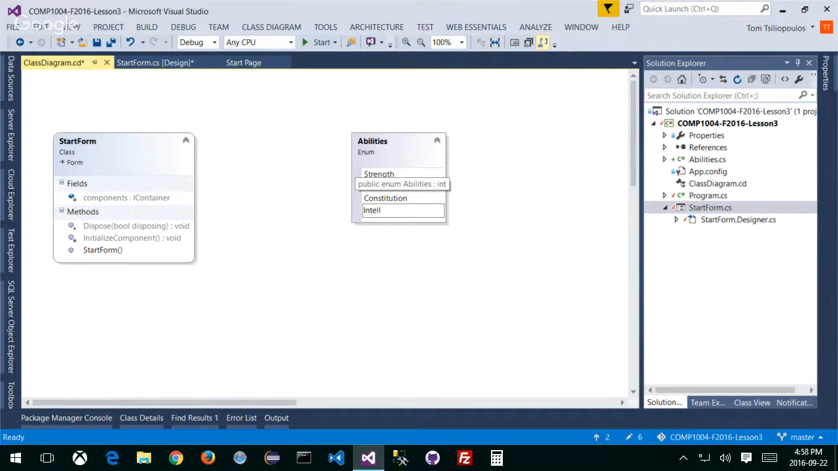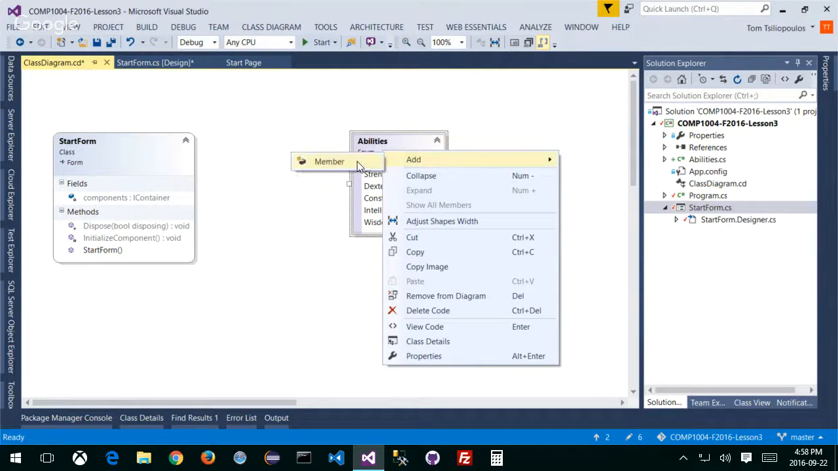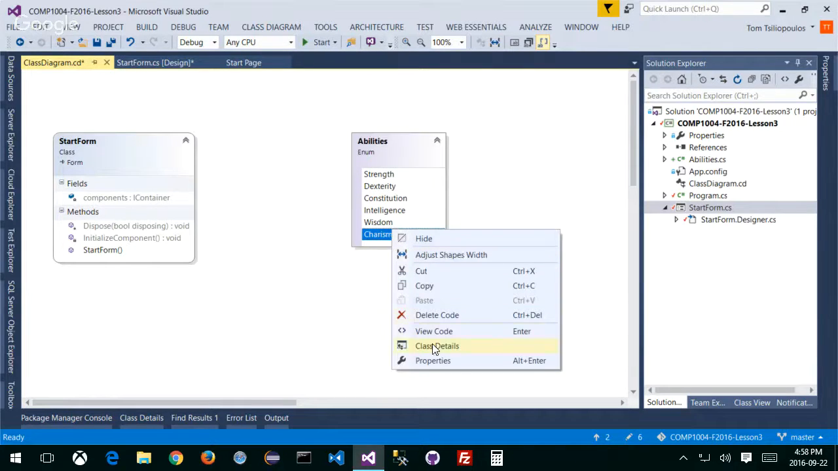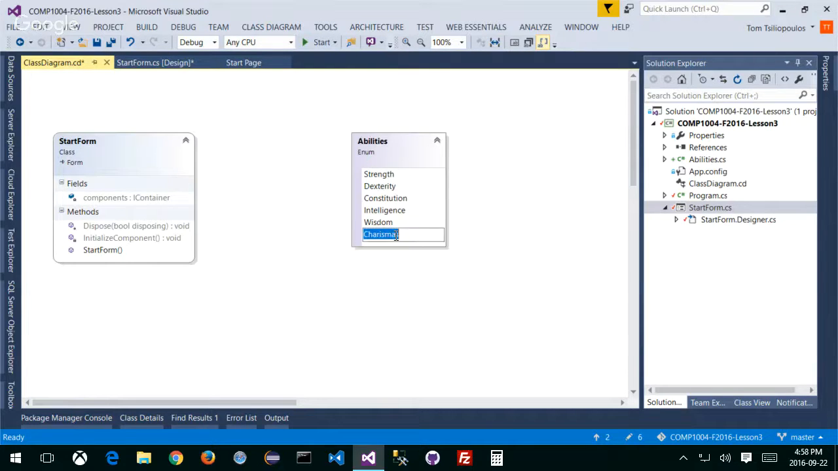Intelligence. Okay, and let's do add member wisdom. Okay, and we'll say add member charisma. Charisma, let's rename. Rename, for people who came in late. Charisma. All right. So if you notice, this is my enum, and it's kind of a visual representation of an